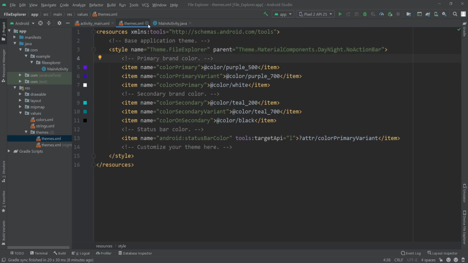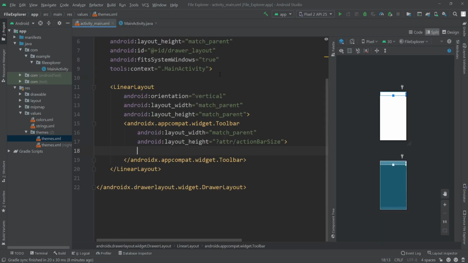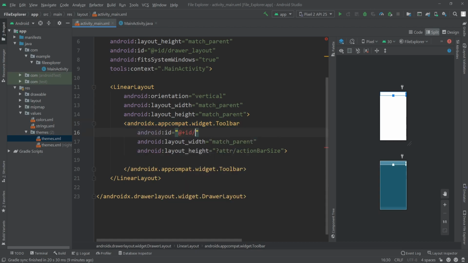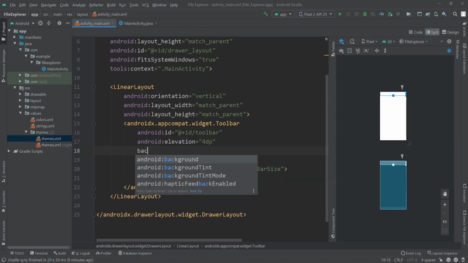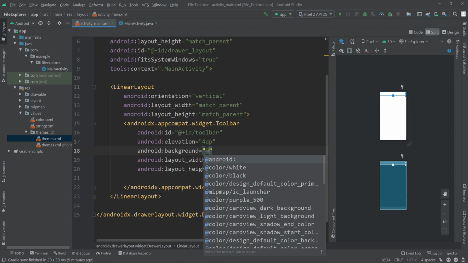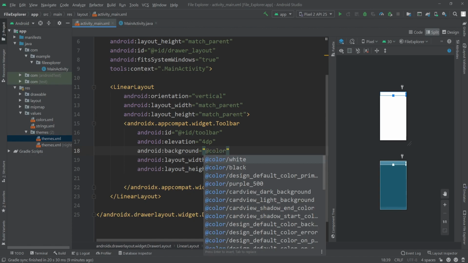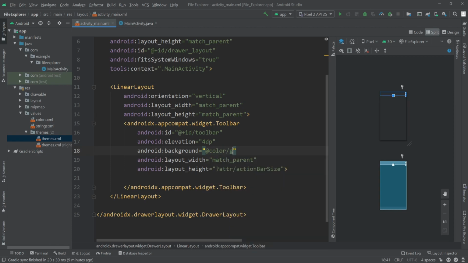Alright, now let's go back, and here I'll give this toolbar an ID. I'll call it toolbar. I'll give this an elevation of 4dp. I'll set the background of this toolbar to @color/ oops,